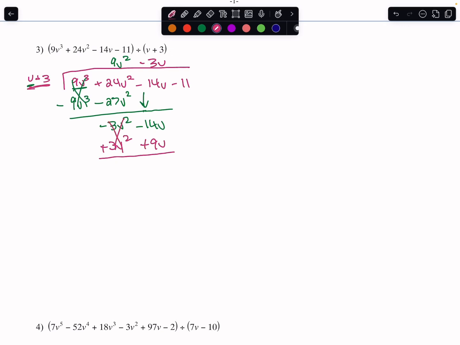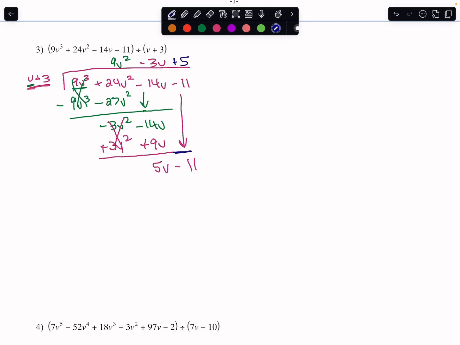V times what is 5v? That's going to be 5. 5 times v is 5v. 5 times 3 is 15. Okay? Then I'm going to go through